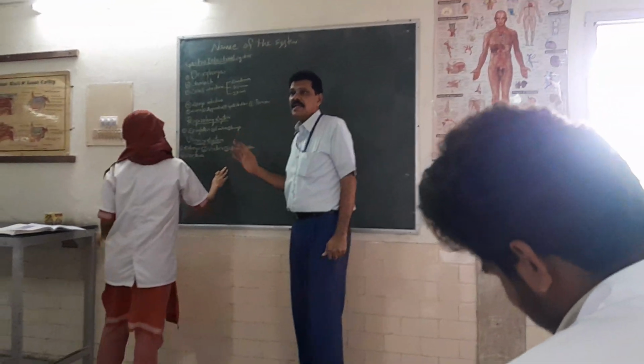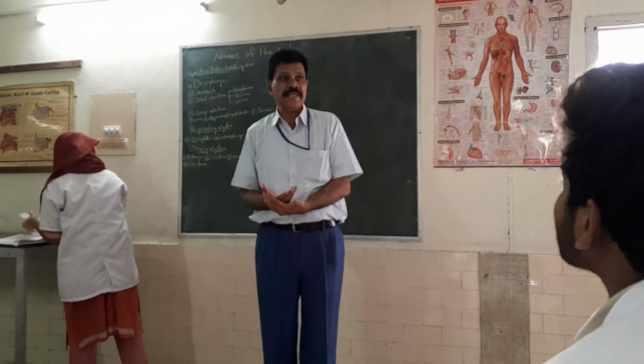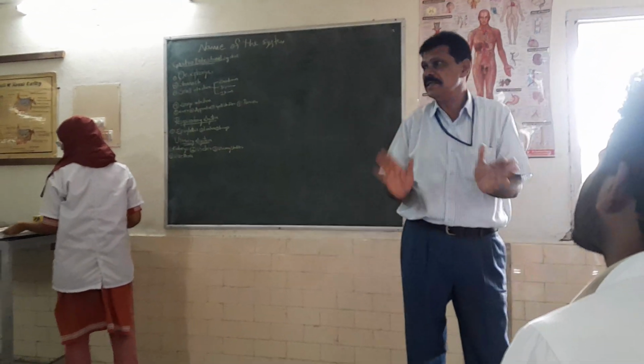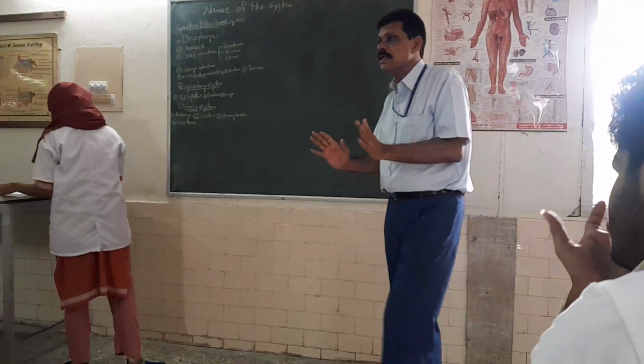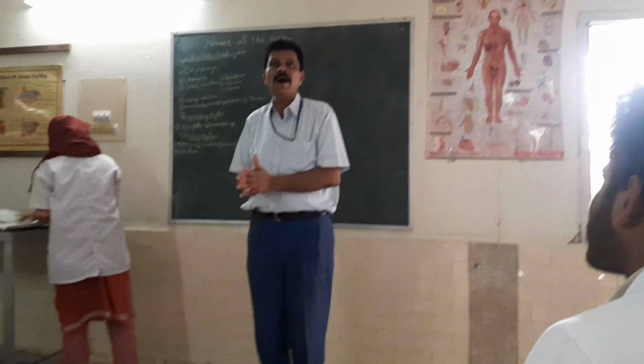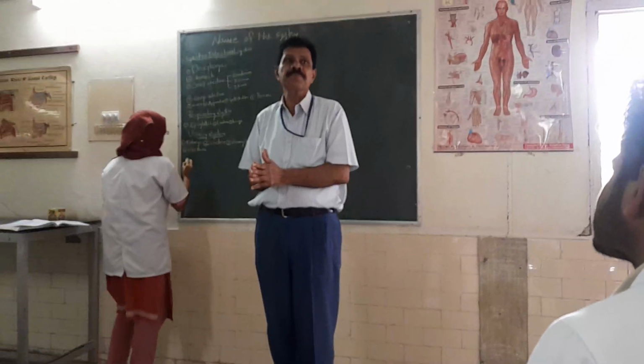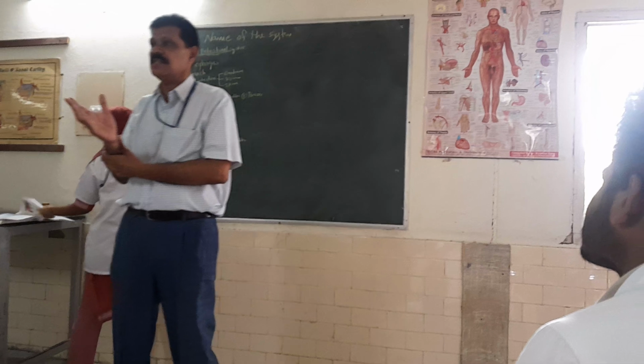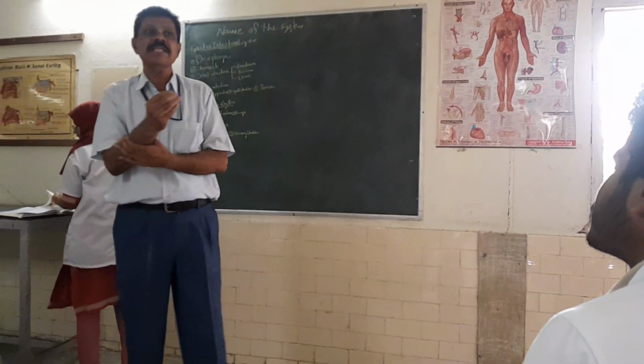Urinary system. What is there in the urinary system? Kidney, ureter, urinary bladder. You have to understand the kidney, ureter and urinary bladder. All three are the slides of the urinary system. No other slide is there in the urinary system. But in the urinary system there is a special epithelium.